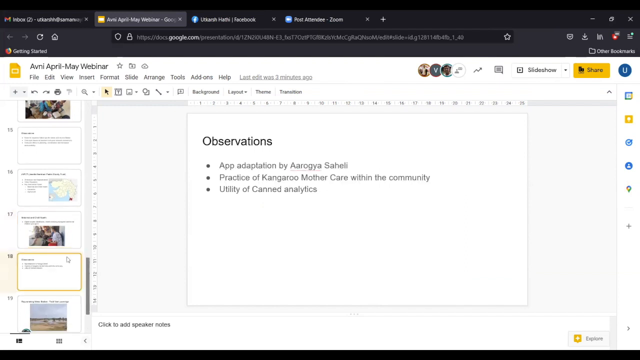So over here, what we get to know is that the Arogya Saheli module was only rolled out in December last year. And many of these Arogya Sahelis have not used mobile phones before, or even smartphones. So to know that they are now familiar with the app and are able to use it without a lot of difficulty actually also helps us to know how user friendly the design of the